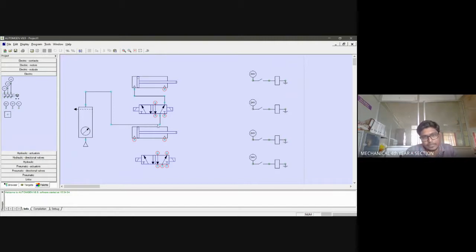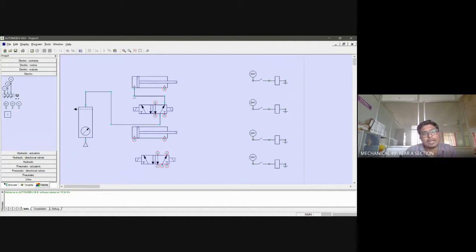You can see from B to A, it is going from the pressure line to the A cylinder. You can see here A minus. Since air is getting filled here, the piston starts moving towards the rod end of the cylinder. From the blank end of the cylinder, the piston starts moving to the rod end. If the piston is in the blank end, what happens if air has been filled in the rod end?